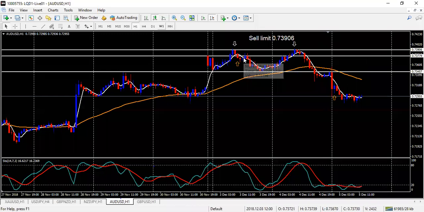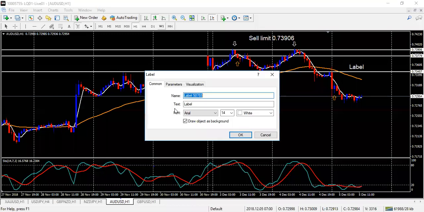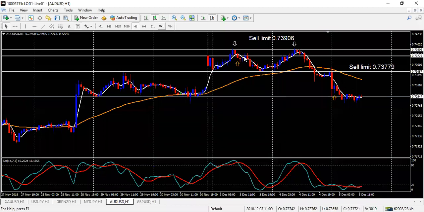Teacup strategy. We're going to take this first teacup here at 73. Let me write it down for you guys. .73779, first teacup, right here. So I told them, listen, we're going to take this teacup right here, bullish, bearish, lower low, and we're also going to take this teacup right above it,